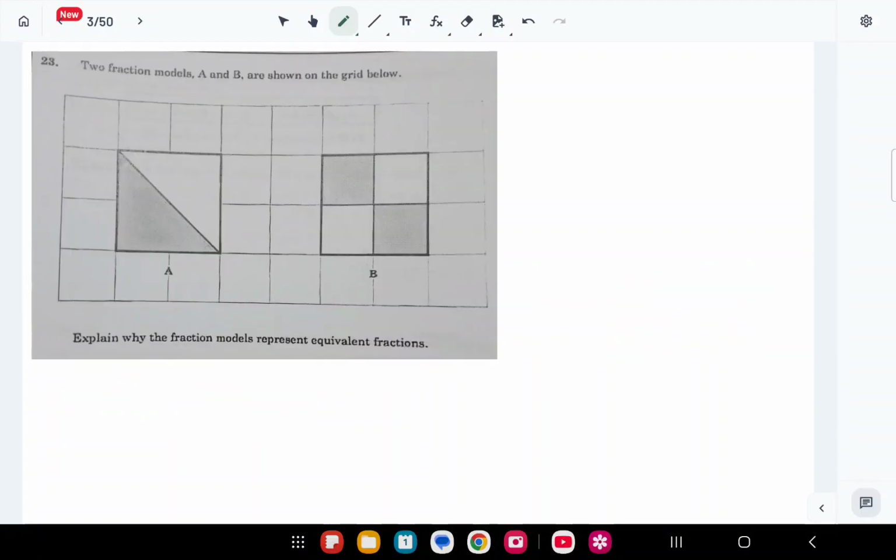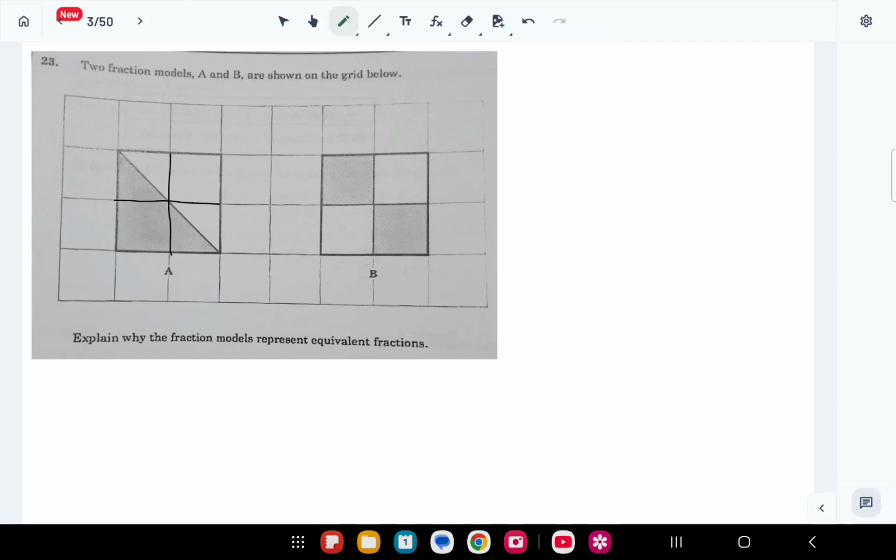Number 23. Two fraction models A and B are shown on the grid below. Explain why the fraction models represent equivalent fractions. Equivalent fractions are fractions that are the same. So we see now that the whole is made up of equal parts. If we look at it here,